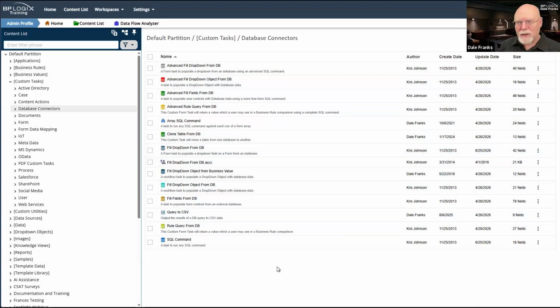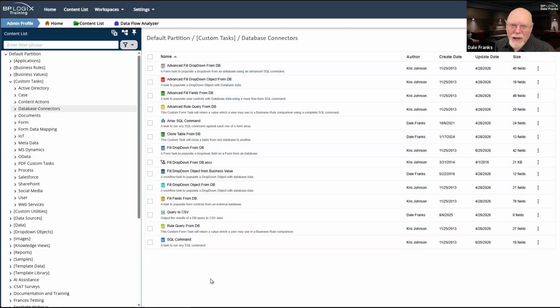Now, prior to the existence of business values back in Process Director 4.5, these were used quite a lot. And the reason that we replaced them largely with business values, so that most of these, certainly the fill dropdown and fill fields custom tasks, are largely deprecated and we don't have to use them again, is because every time I wanted to pull data from a database, I'd have to configure the fill dropdown from DB.